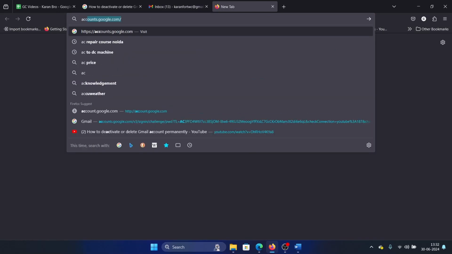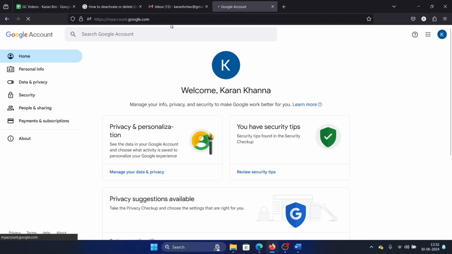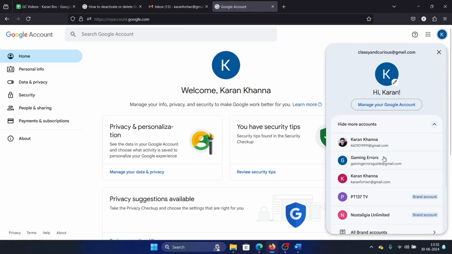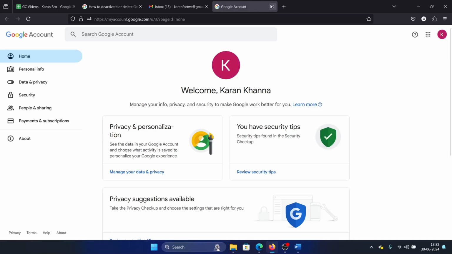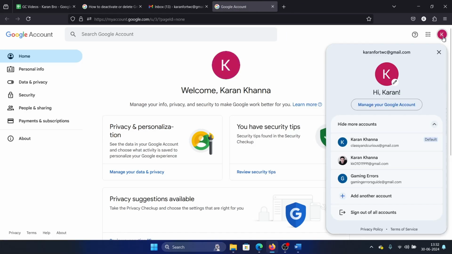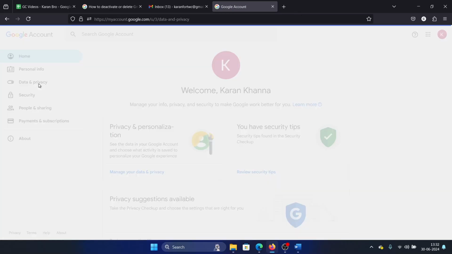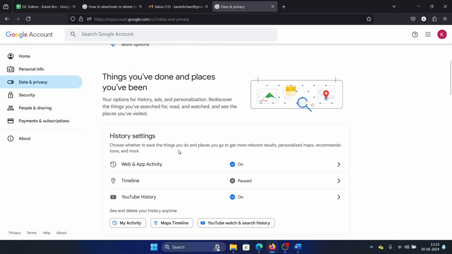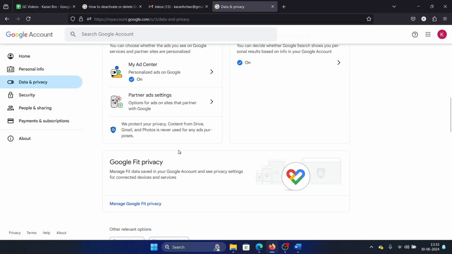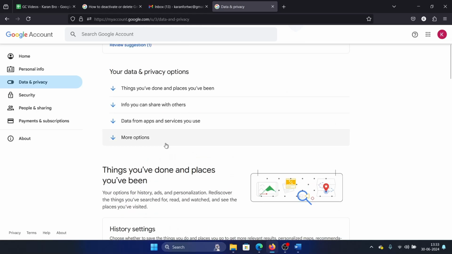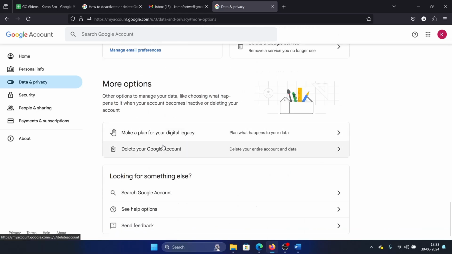I'll go to account.google.com, and I'll make sure that I select the correct account. Okay. And then I'll go to this option, Data and privacy, on the list on the left hand side. In the right pane, I will scroll down and then I'll select more options, and then I'll click on delete